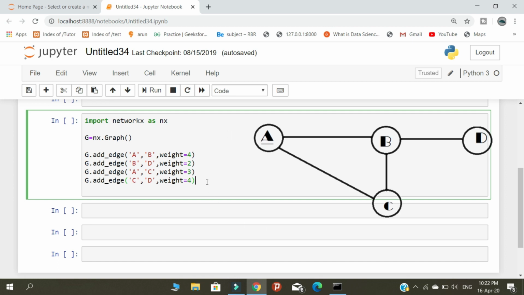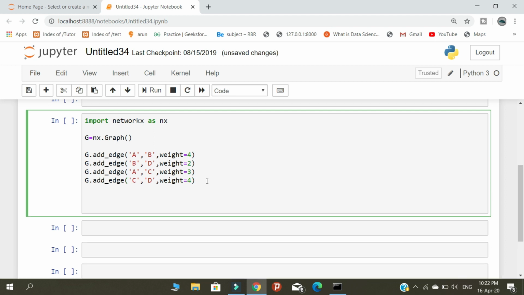This graph looks like this. After adding the edges, we need to find the shortest path. This line prints our shortest path.